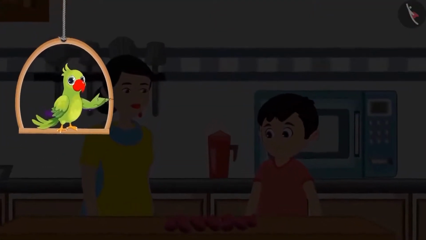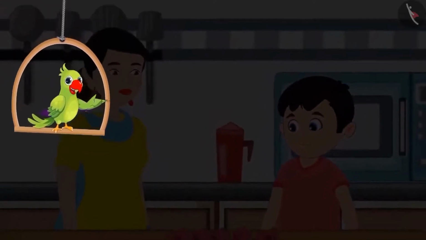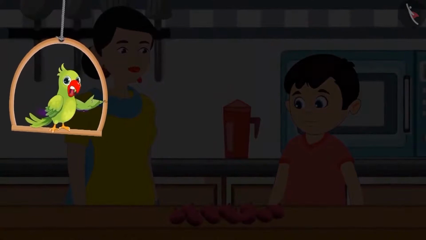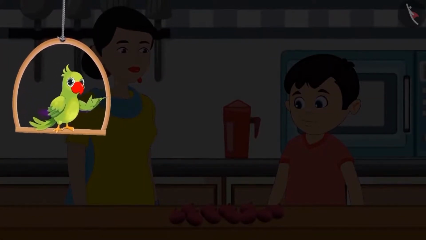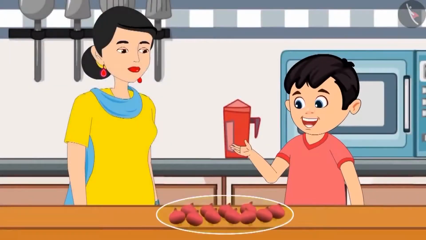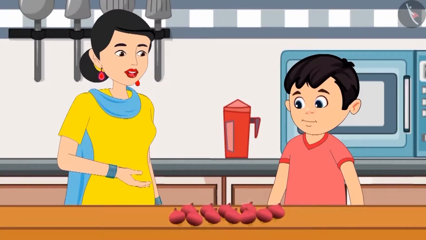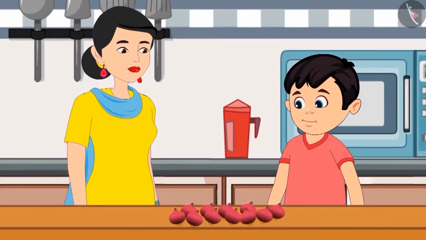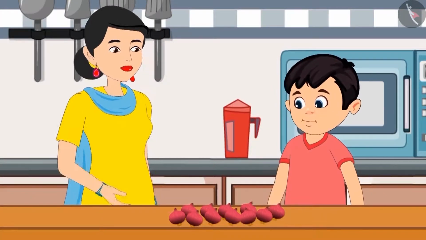Chotu and his mother went to the market today to get vegetables. On returning home, Chotu's mother kept all vegetables except onions in the fridge. All onions are kept on the table. Mummy, you asked the vegetable vendor to give 1 kg onions. How many onions did you get? Can you count and tell me how many onions did we buy? Yes, Mummy, I will tell you now.